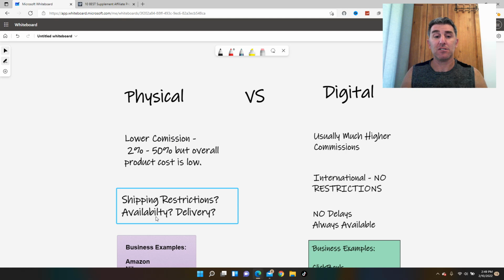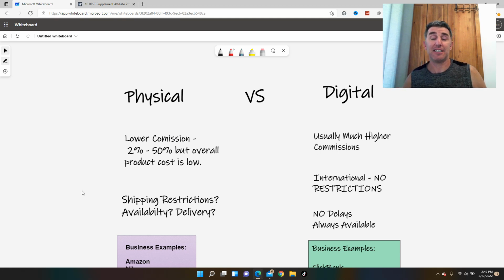The other thing about physical products is there are shipping restrictions. Is it available? Is there a delivery delay? With COVID, some things are taking a very long time to get to where they need to be because of deliveries. Even if you're doing Amazon FBA, whatever the initials are, you're ordering large quantities of products, having them shipped to an Amazon facility, and they're sitting there until they're sold. But getting those products to Amazon can sometimes take a very long time, depending on the quantity and where they're coming from. So there are a lot of issues with the physical.